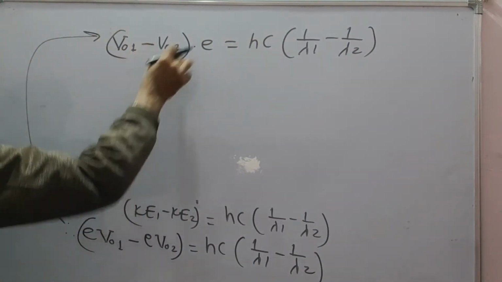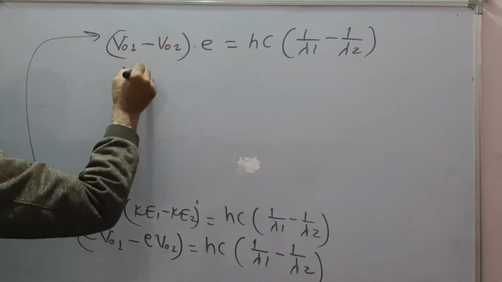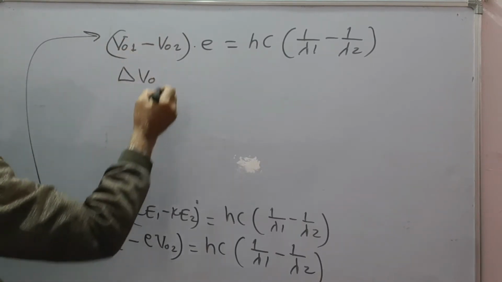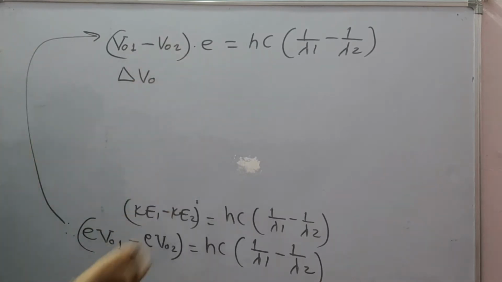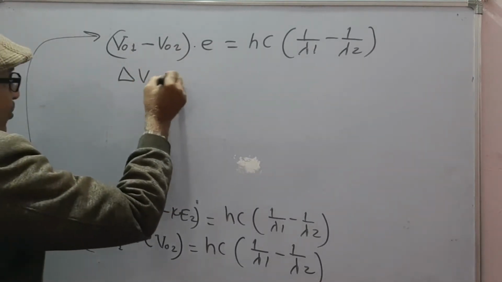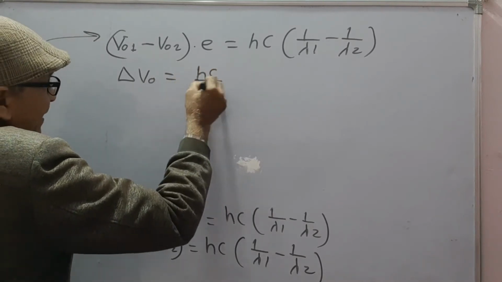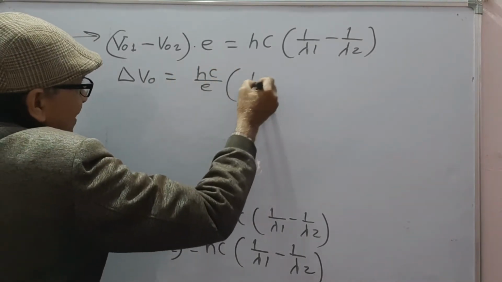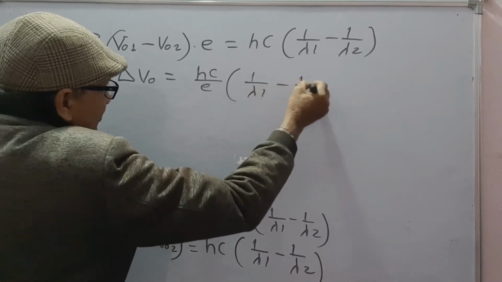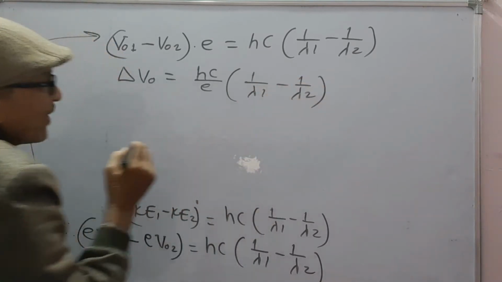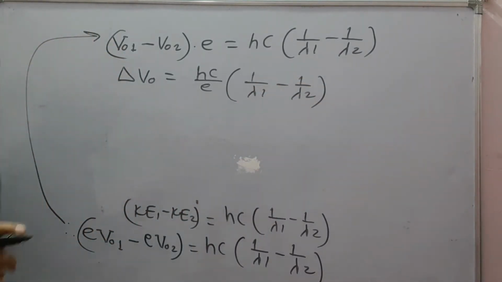Therefore, we get delta V naught, you can say V naught 1 minus V naught 2, as change in stopping potential, which is h c upon e into 1 upon lambda 1 minus 1 upon lambda 2. Now putting the values, we get